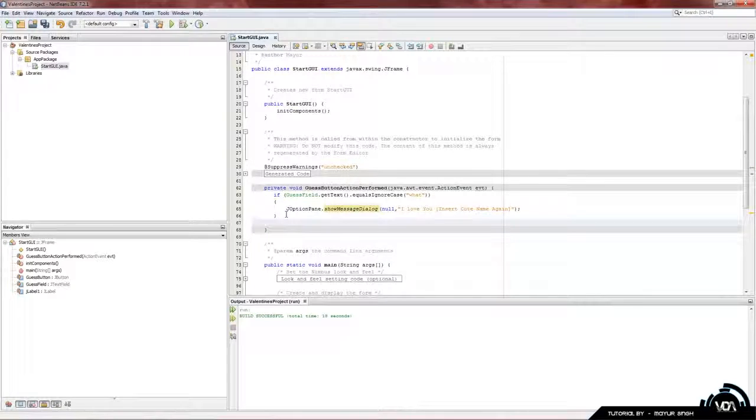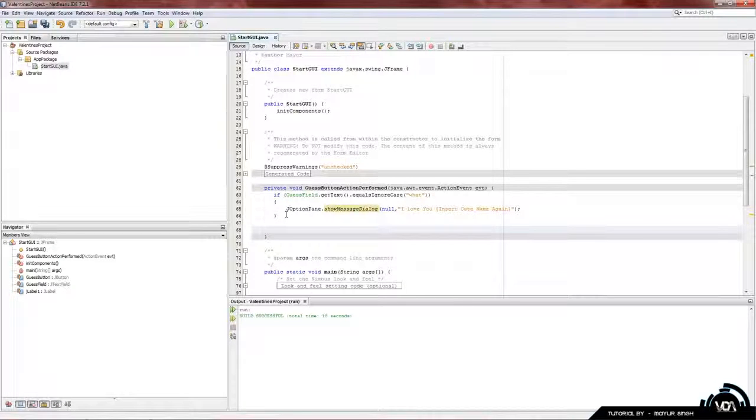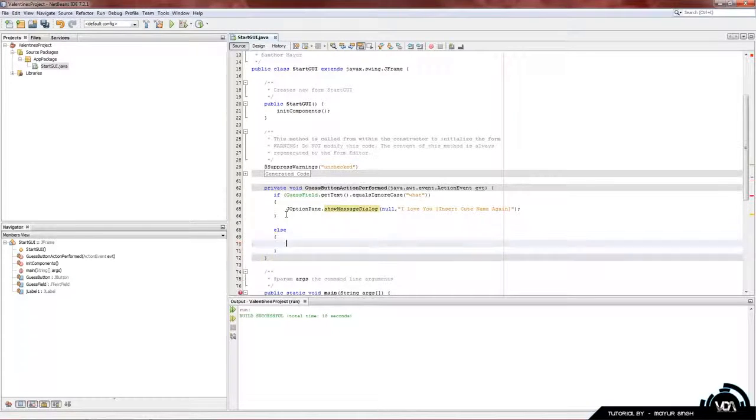Now obviously we aren't going to account for every word in the whole dictionary, so Java has a function for that. It's called else, if and else. So if it is equal to this word here, then it'll run this portion of the code. If it's equal to anything else but what we specified here, then it'll run this piece of code which we'll specify now. All we're going to do is copy and paste this message and change the actual string part,